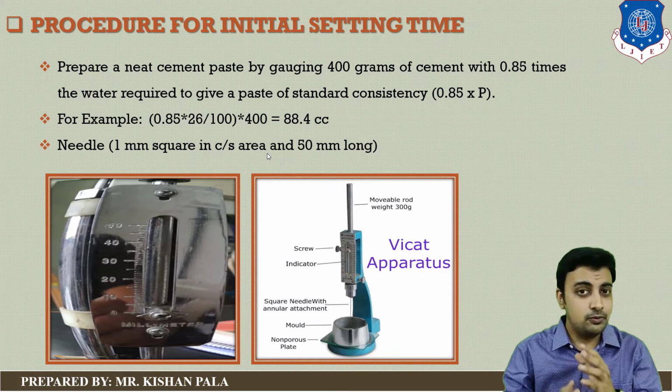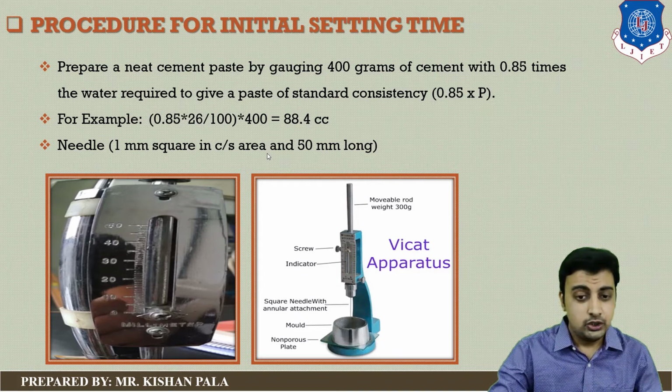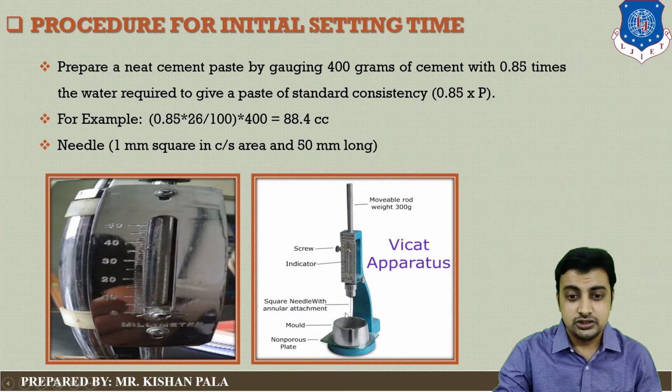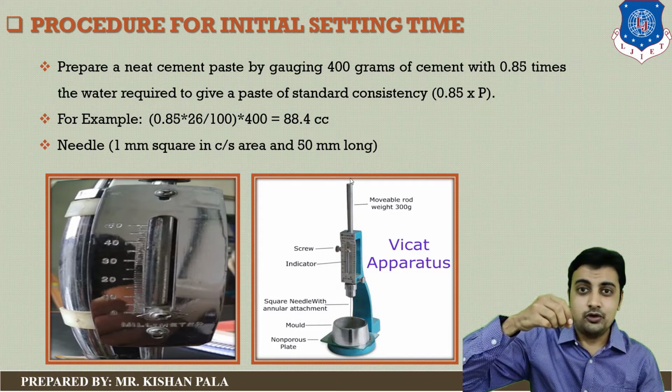First of all, you have to prepare your cement paste with the calculated water mass, and after preparing the paste you have to fill it in this mold. You can see on the screen the paste should be placed in the mold, and then you have to attach this 1 mm square needle to the apparatus, and then the movable rod is pulled in the upward direction, and then you have to allow it